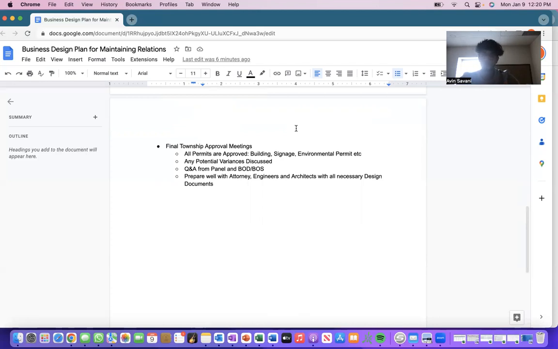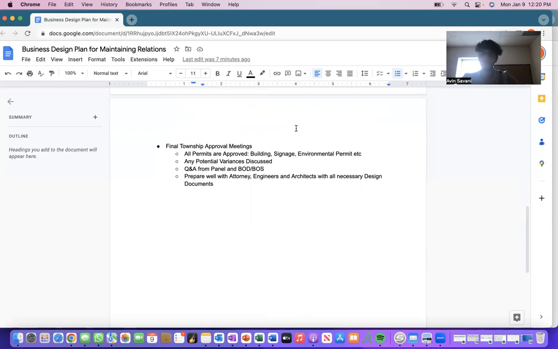So this is something like a use or setback, you want to increase your lot size, or you have some type of variance as far as air rights. Those are obviously discussed at township meetings, and you can also bring these up during these final stages and make sure that things are approved.